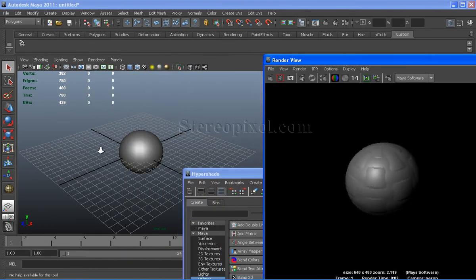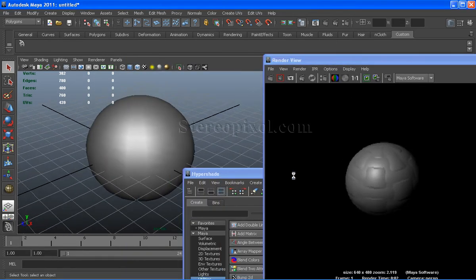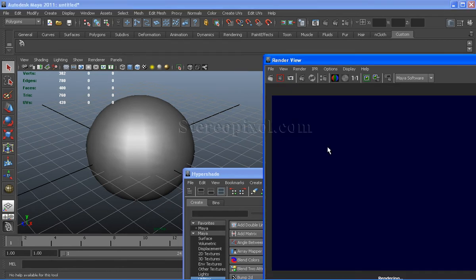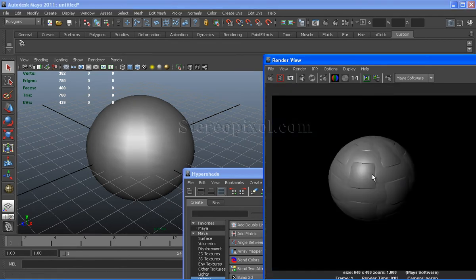If I zoom in the sphere and render again, I can easily see the surface detail.